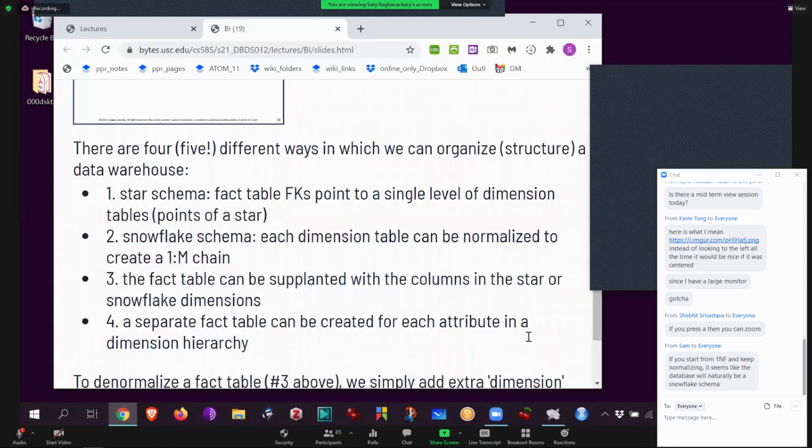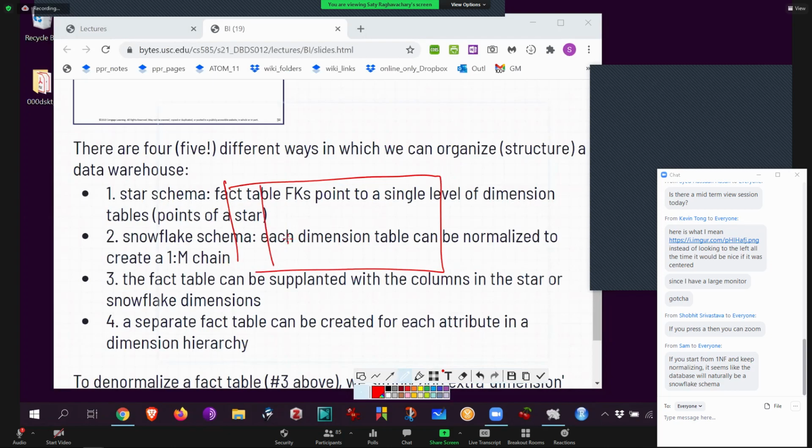Just keep having fun with all these little drawing tools, okay? So just now what I told you was this. You can take your fact table, your sales receipt, which only happens to have the store ID. You can, by the way, look at your sales receipt next time. It'll tell you store number 45. It'll actually tell you stuff like that. So we had that, right? But now what I just told you was it can be supplanted.